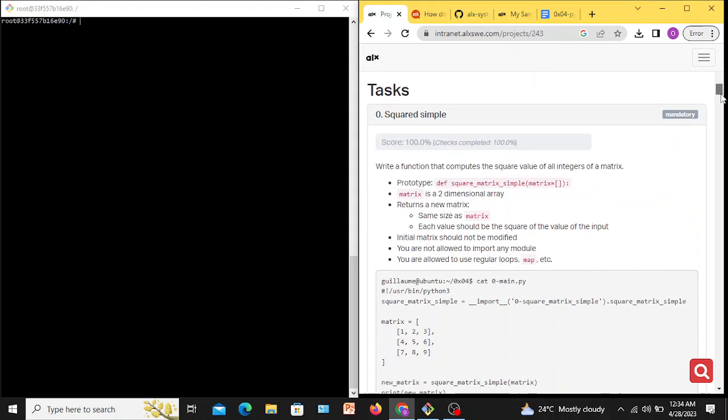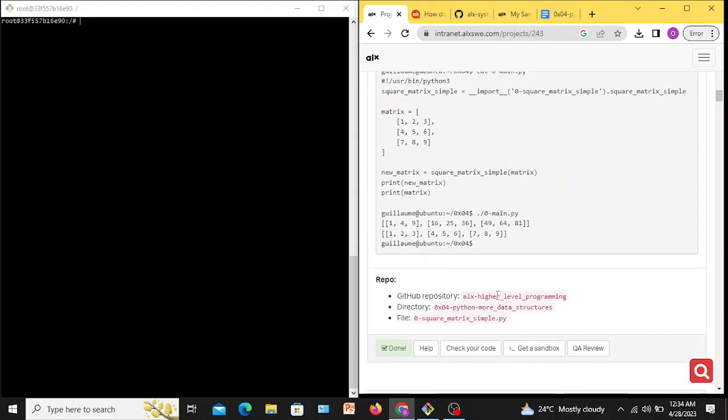So today we'll be working with a repo, ALX higher level programming. I'm using Git bash for this project. By now maybe you should know how to use Git bash. If you do not, search our videos and see videos about Git bash and how to connect using your SSH key. You really have to learn how to use your SSH key to connect your sandbox to external text editors like Git bash,